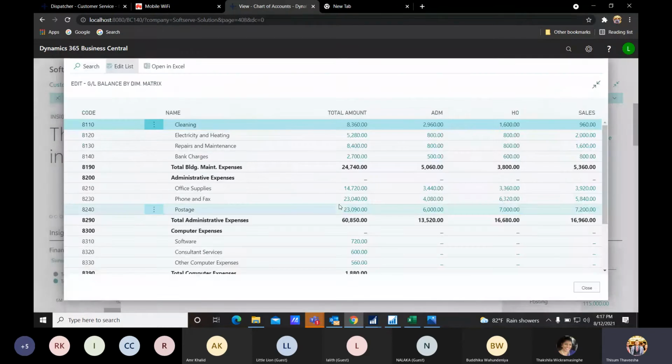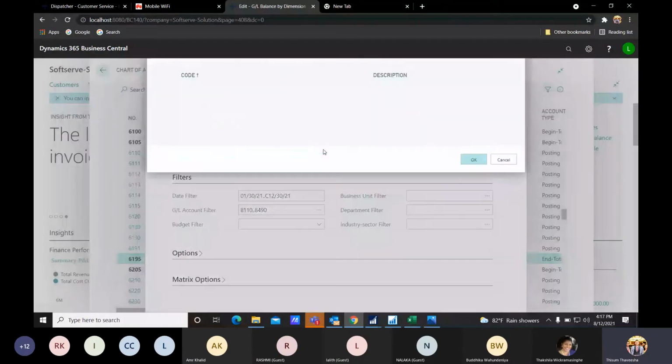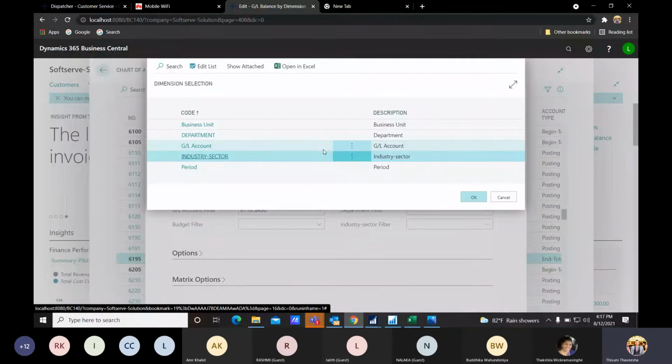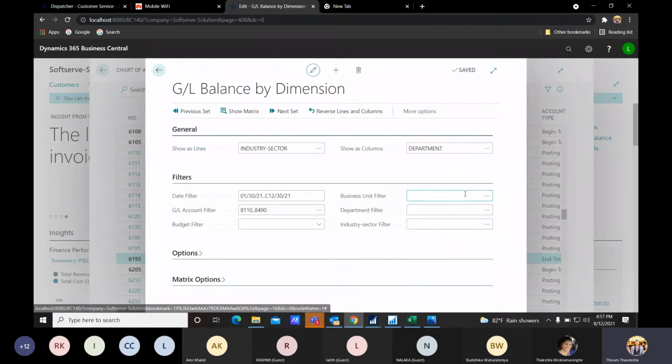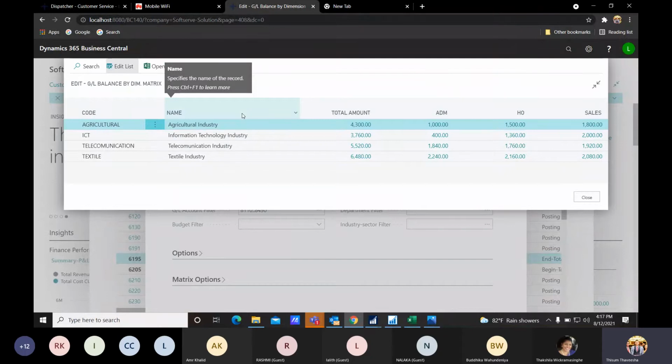So here we have another feature. Here we have the GL accounts, and here we have the departments. If we have dimensions other than department, according to the customer requirement, we can have those too. For an example, for the lines, I don't want GL account, I want industry sector. If I choose industry sector and show the matrix, then industry sector-wise I can get the departments, how much